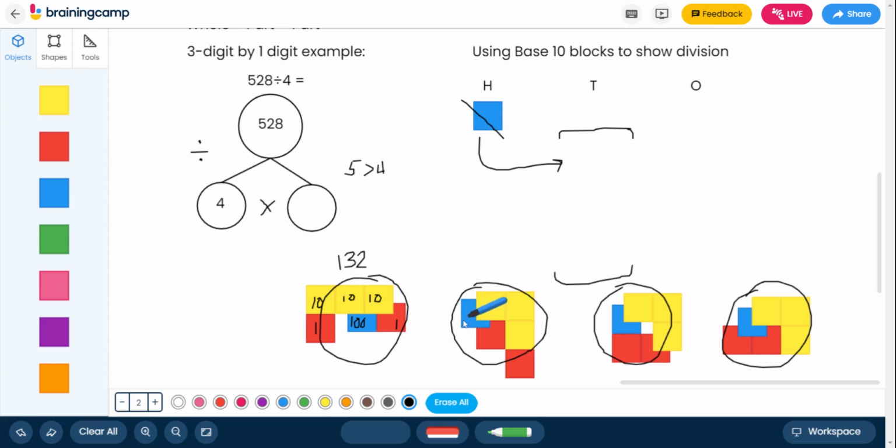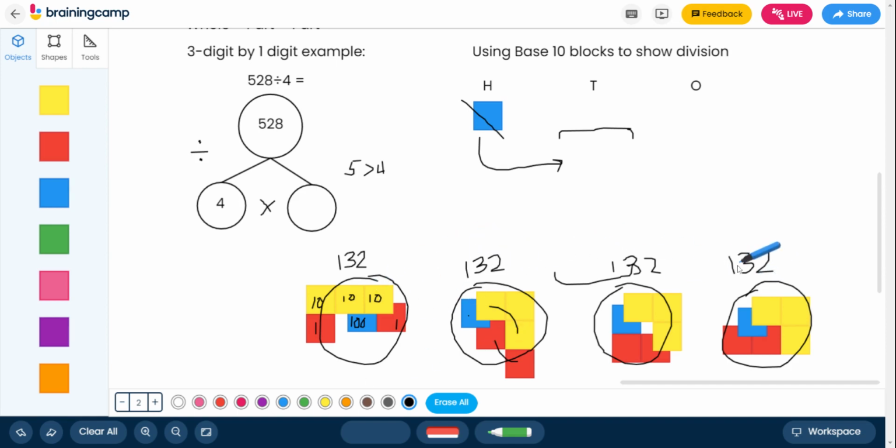Let's see if we have the same thing here. 132. 132 in the second group. 100, 130, 132. 132 in the third group, and finally 132 in the fourth group. And of course,